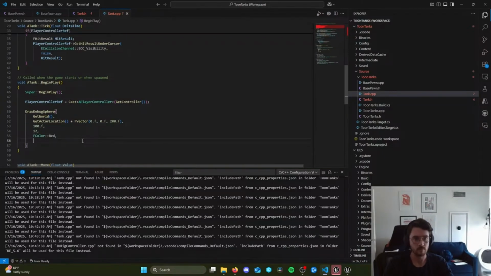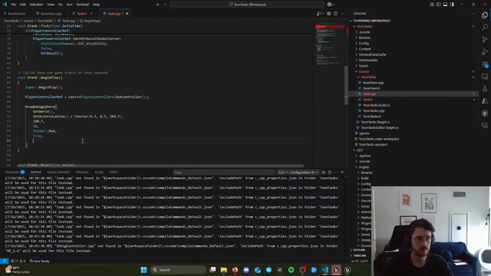Let's compile this and see what it looks like. Okay, so I'm back in the editor. I'm going to open a second window so we can see